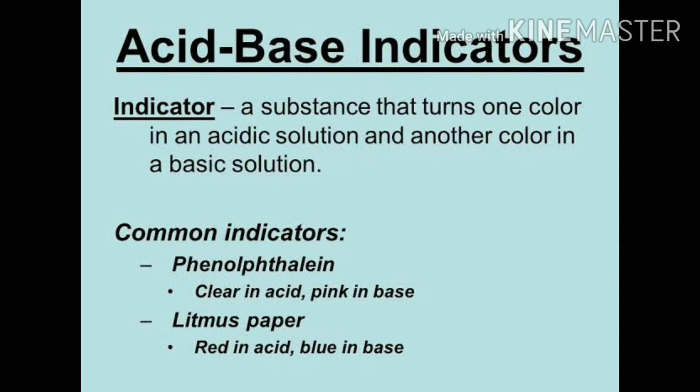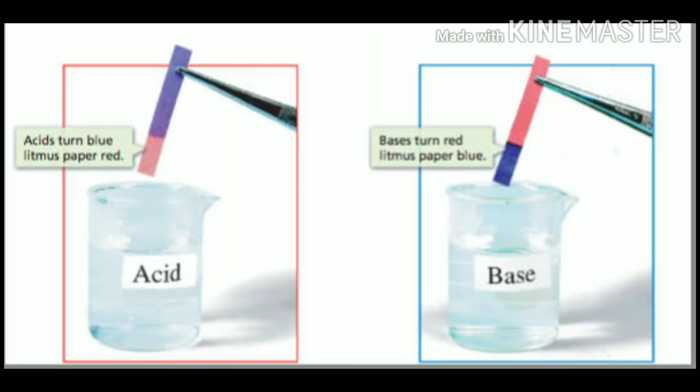These are substances which, by their color change, help us to identify whether a solution is acidic or basic. They react differently with acids and bases. Acid-base indicators may be natural indicators, that is, obtained directly from nature, like litmus, which is extracted from plants called lichens. Litmus is purple in color when it is neither acidic nor basic. In acidic medium, blue litmus turns red, whereas in basic medium, red litmus turns blue.